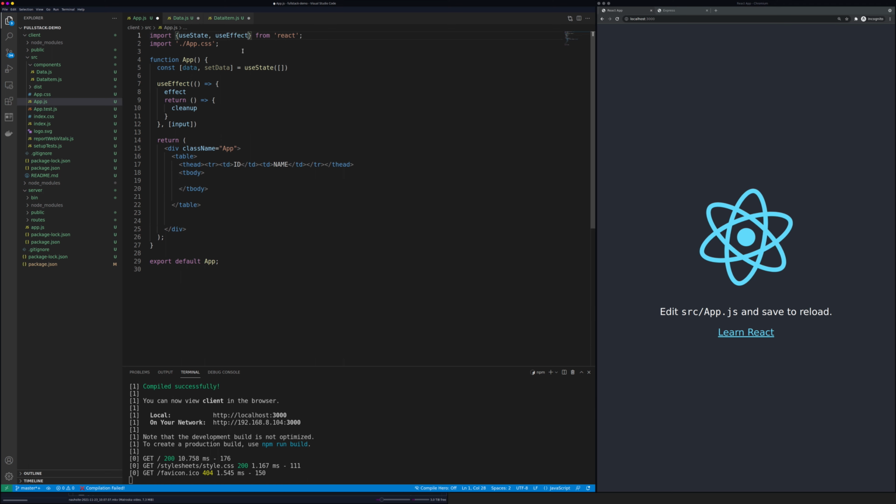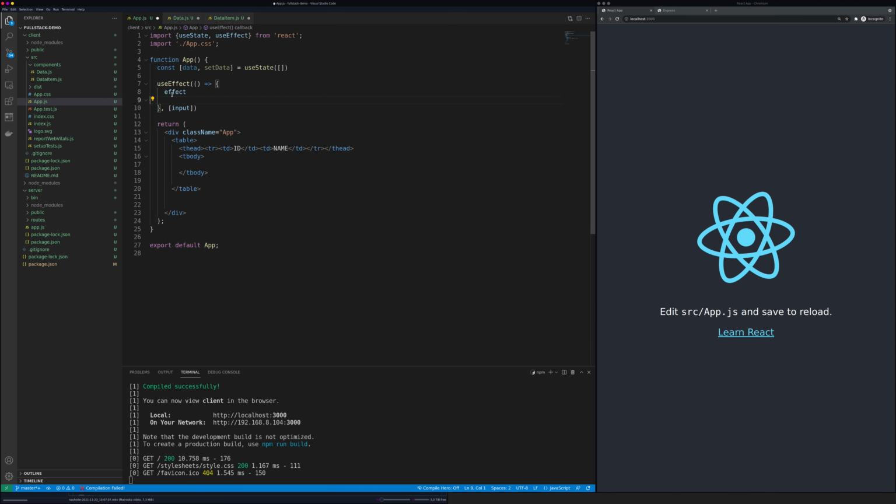So let's import it. We are not cleaning up anything, and this will only be called when the page is loaded, so no other calling of this useEffect. So let's fetch some data, and now we would like to fetch it from the server,